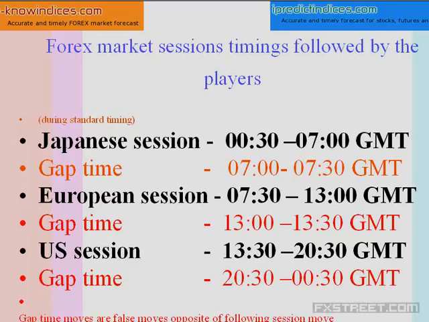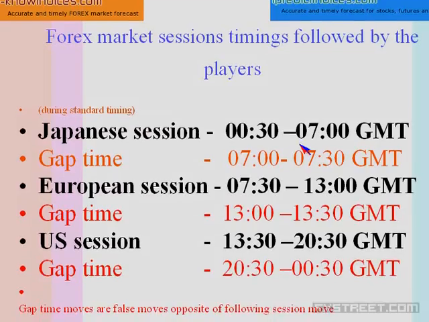So you need to understand the session timings, and in every session you will come across an initial volatile move, either a rise or a drop. So from the volatile move you have to identify. Here afterwards the volatile moves will be very, very common, and because of the thin volume condition, as I explained,